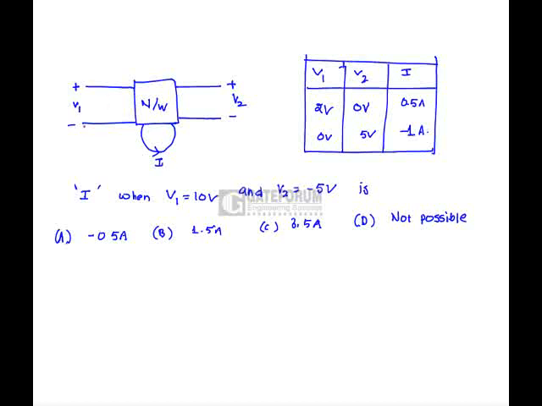Similarly, when V1 is shorted and V2 is 5 volts, the current is minus 1 amp, which means the direction of the current is in this way because of V2 if V2 is positive. If V2 is negative, the direction is going to be in the direction of the current indicated in the network itself. So if V1 equals 10, the current is, because the current is proportional to voltage,